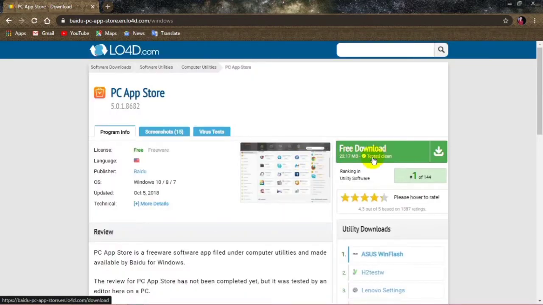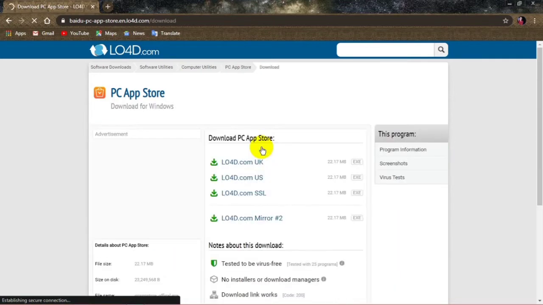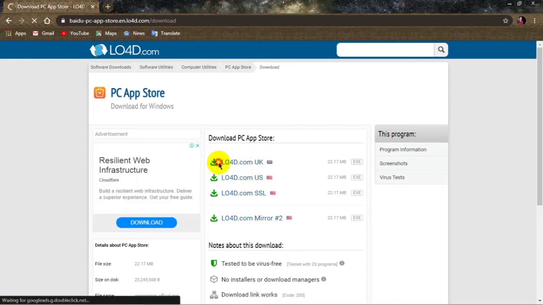Now the second interface will open, so just wait. Okay, you can see here free download is showing, so you have to download. It's a free application, no need to pay any money. Now you have to click on LO4D UK. It will ask you which version you want to download on your PC, so click on lo4d.com UK, and now